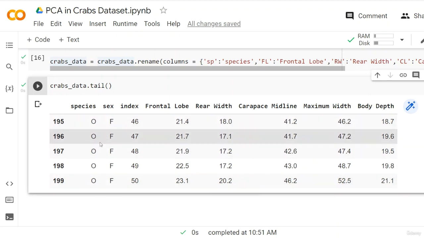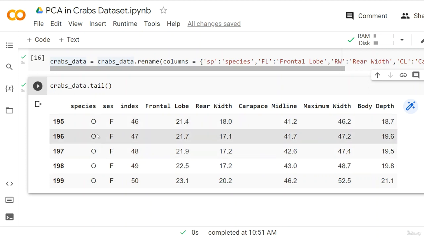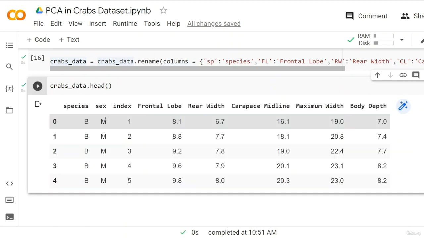And in these last 5 elements, we see that in the species, we have a value of O. So here, O stands for orange and B stands for blue. The same happens with the sex. It is a categorical binary possible value. F is for female and M is for male, right? If we just look at the first 5 elements, we see here that they are male. So we have here F or M in sex, and also we have the options B or the letter O